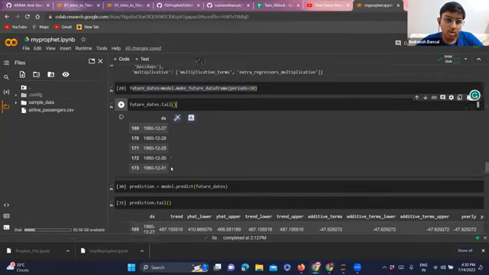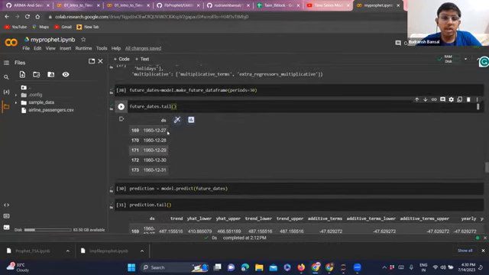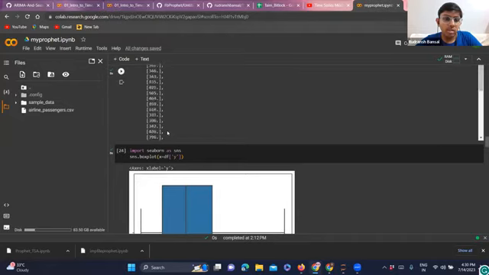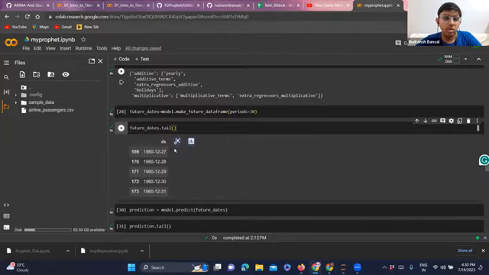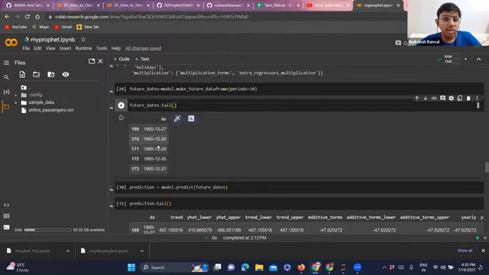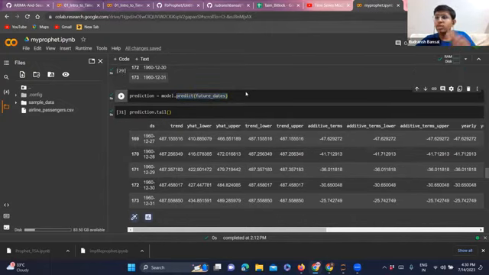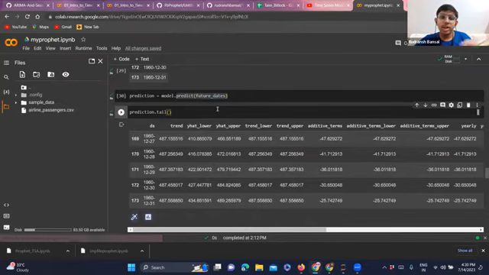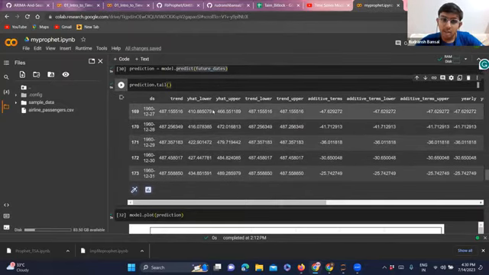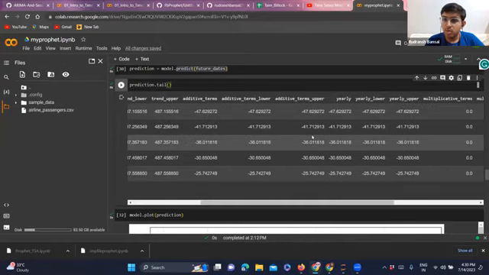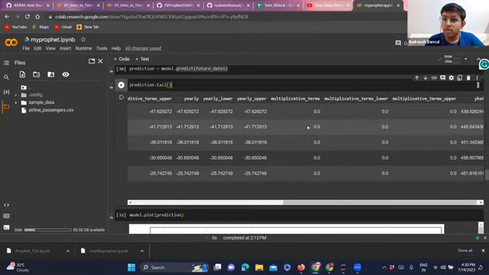The data which we have in airline passengers, that was going till, if we can see the tail of the data, that's quite a lot. Never mind. I think these values are the future values, right? We'll make the predictions. Just put the future dates in the model and call the predict function. As simple as that, and you'll get your prediction. You'll get a trend, the upper and lower values of the trend, upper and lower values of the average, additive terms, yearly terms, multiplicative terms.